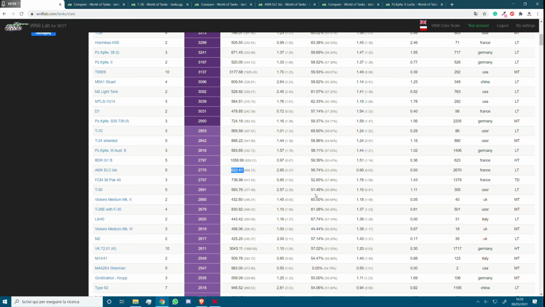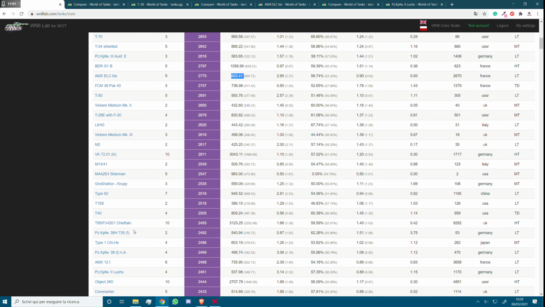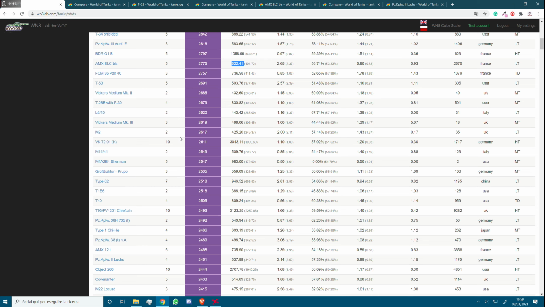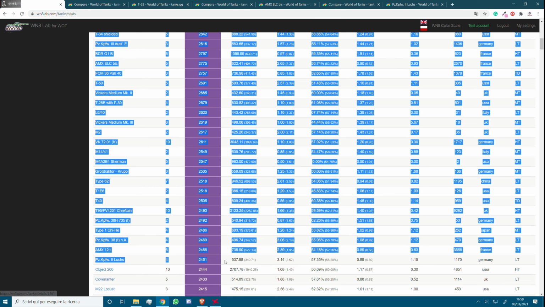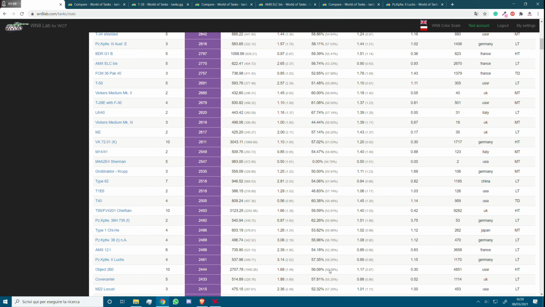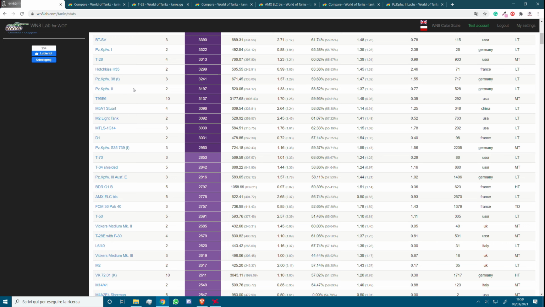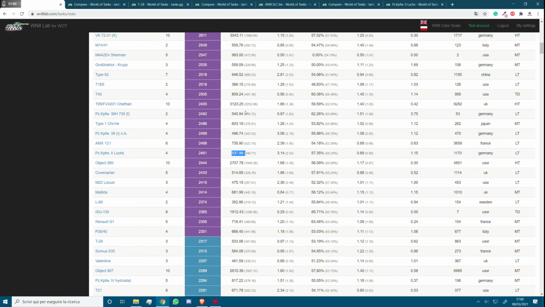The next tank is going to be the Lux. I didn't manage to find... oh, there it is. You see it has 537 average damage, and it is the lowest. I think this tank is even better than the T28 because you can easily do 650 damage in this tank, and